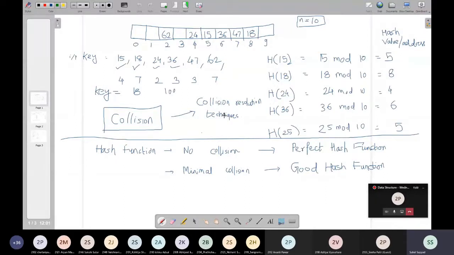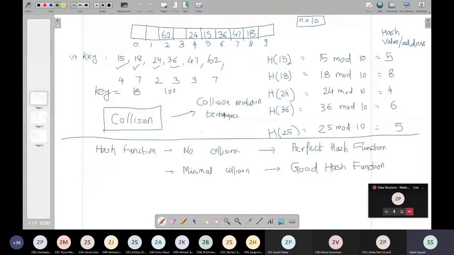Now sometimes we have multiple key values having the same hash value. One such example that we discussed was, say, 15 and 25. So 15 mod 10 was 5 and 25 mod 10 was also 5. So 15 and 25 will create a situation of collision. First 15 will be stored, but the moment you process the 25 key, it will not be able to find space in memory, because the hash address, that is 5, is already occupied by 15. This phenomenon we call collision, which can be resolved with collision resolution techniques, which we are going to discuss today.